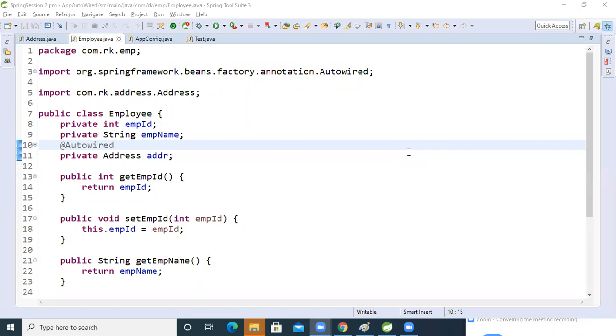Prabhakar, what about you? Yeah, good, I got clarity. Smita, what about you? Smita, I think a network issue is there on your side.